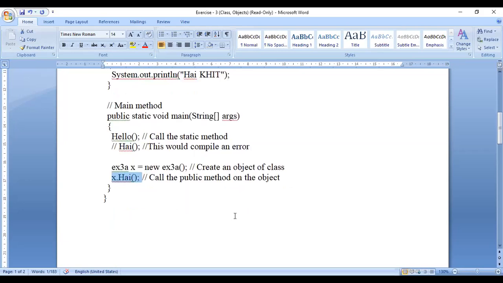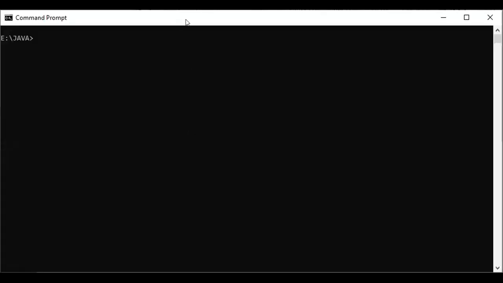So let's go to the execution part of this program. In the console, javac, what is the file name? ex3a.java.